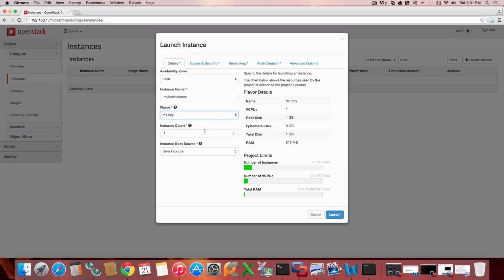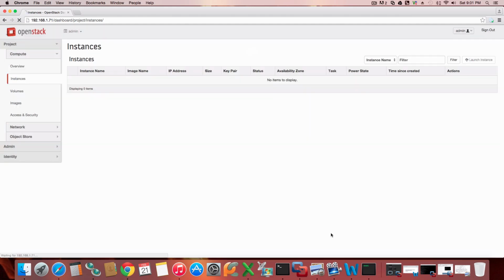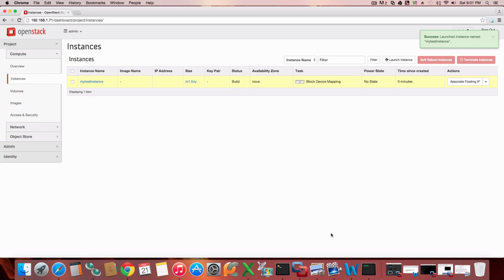We'll review where that's at real quick. I'm only creating one, and then you know what? We'll go ahead and boot from image and create a new volume. And this will add something under that volume. That's our image. Well, 1 gig's fine. Launch. And so basically, as you kind of see, OpenStack is like a good private cloud version of like what